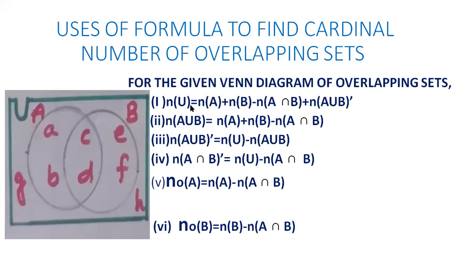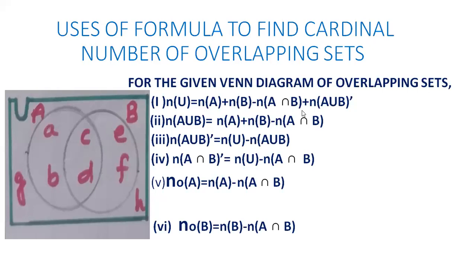First one, n(U) means what? Look here. n(U) means n(A). What is n(A) total here? Can you tell n(A) total? 4. Good. Here you write 4. In place of n(B), what do you write here? 4. And minus n(A intersection B). How many do you write? n(A intersection B) means 2. They are C and D, no? 4 plus 4, what became this? 4 plus 4, 8. 8 minus 2, 6.